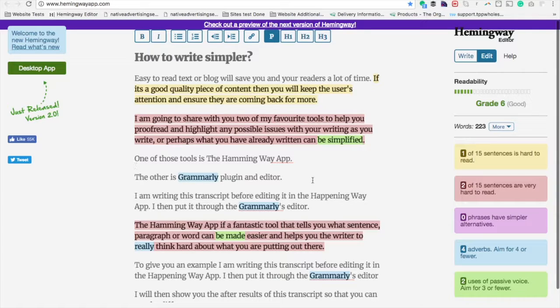To give you an example of what's happened here, all the reds, all the yellows, all the underlines have changed. The other interesting thing, as I mentioned before, is that because I have the browser plugin for Grammarly installed up the top there, if I double click on a word like writing